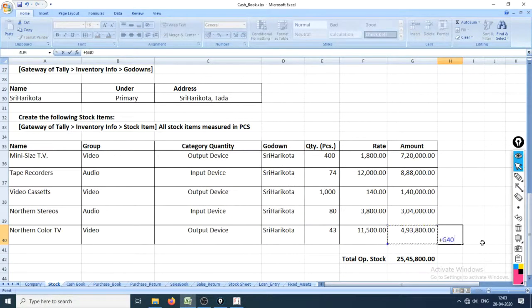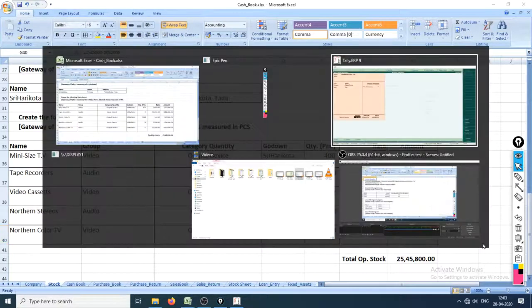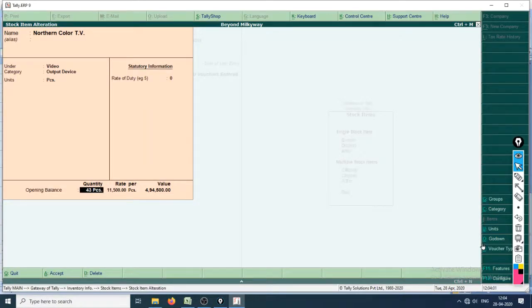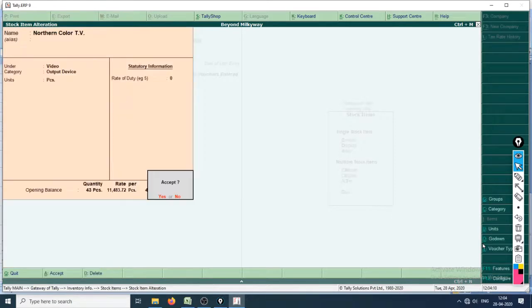Okay, 493,800 it should be. Then why did it calculate it to be 43 pieces, 11,000? Okay, 500 per piece. Although it should have calculated automatically. So is there something wrong? That is okay.